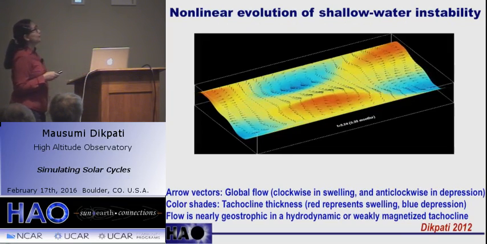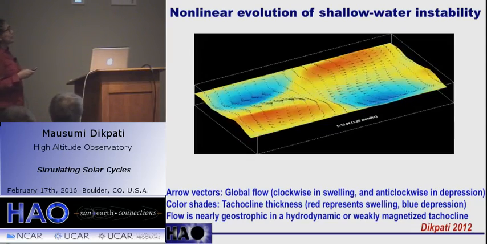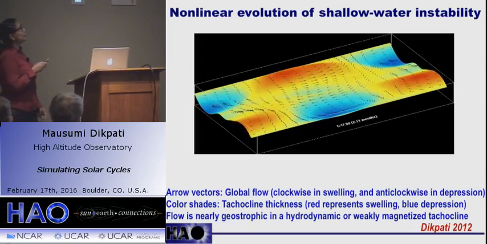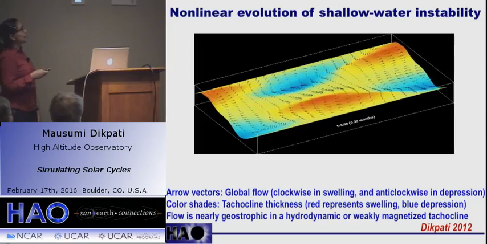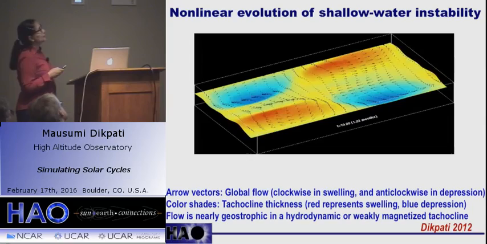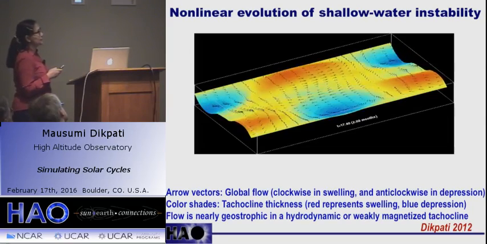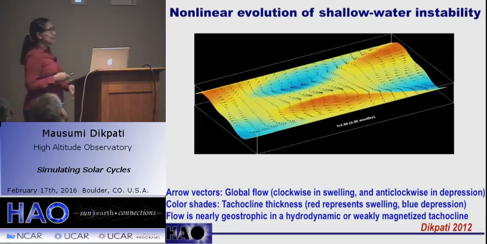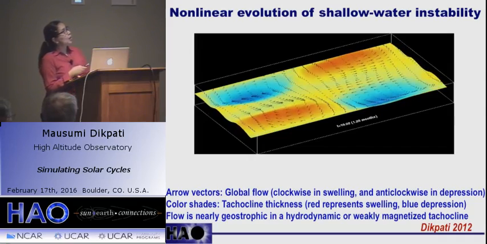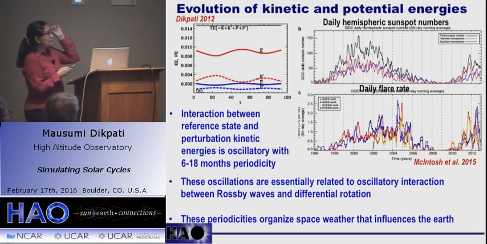Here is a solution from nonlinear evolution of shallow water instability. Again the color map represents the thickness of the tachocline. You can see the swelling and depression, and the vectors represent the global flow. It is clockwise in swelling and anti-clockwise in depression in the northern hemisphere. And the flow is nearly geostrophic if it is a hydrodynamic or weakly magnetized tachocline. This solution has another interesting feature,